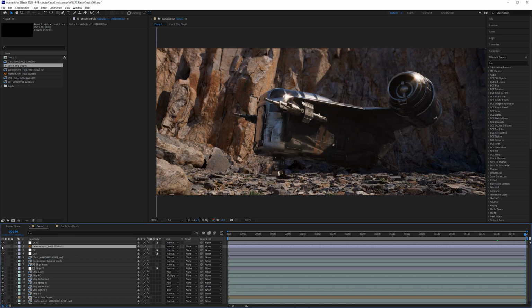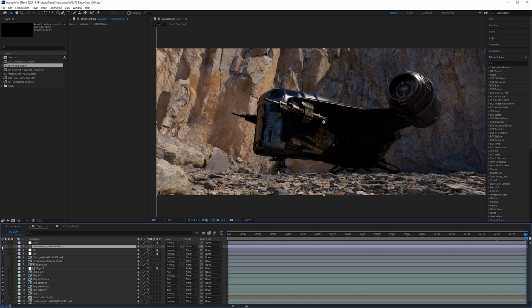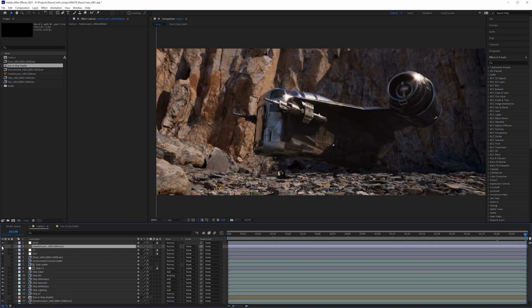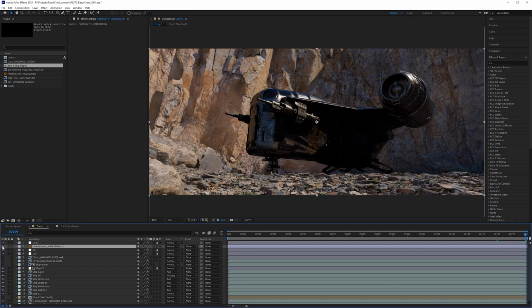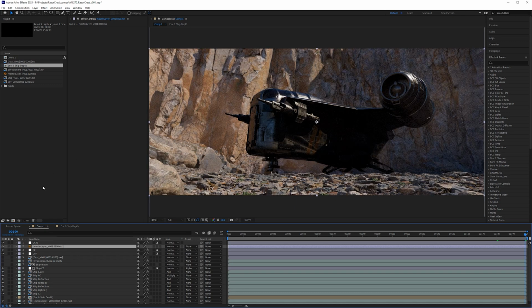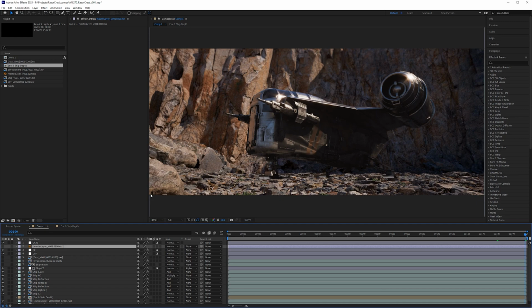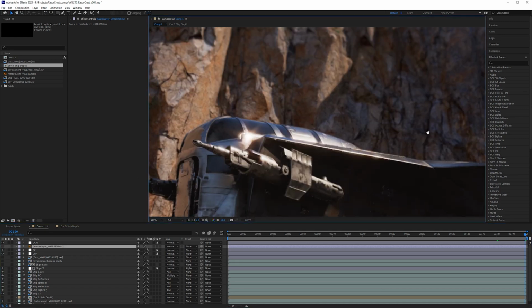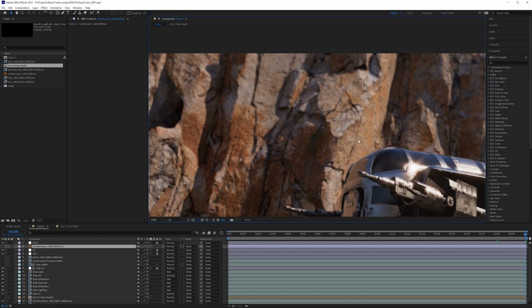So notice now how we've added a lot more depth to the scene, we've changed the color, we've made the ship stand out a little bit more, and more attention now is on the cockpit of the ship. So you can see the power of compositing here. Now you have some artistic freedom that if you didn't want it to be as bright as this, you can make it darker, and that's fine to do as well. All right, so I think this looks pretty good. Also notice that adding that blur has kind of got rid of some of that graininess.